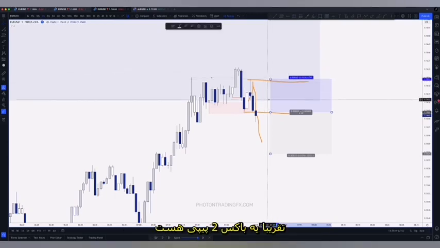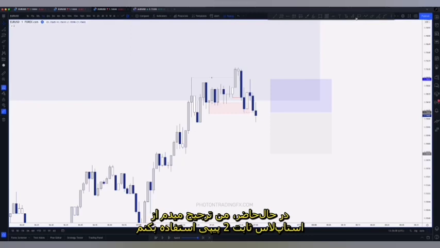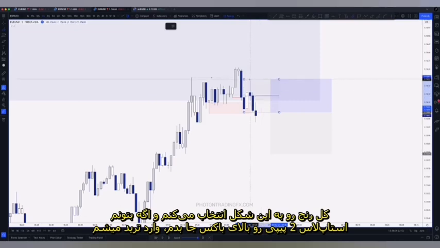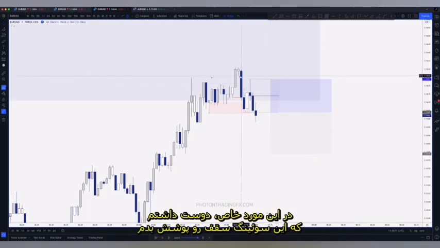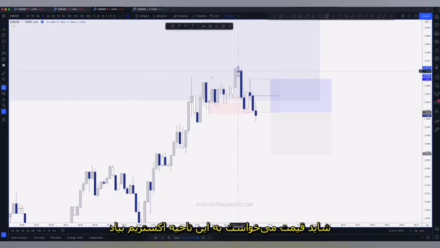Okay, it's about a 2-pip sized box, and that's more than valid, obviously, depending on what your trade plan is. For me, currently at the time of recording, I like to trade with a fixed 2-pip stop loss on euro dollar. And what I'll tend to do is take the whole range like that. And if I can get my 2-pip stop above the high protected, then I'll take that. Now, in this case, right, I wanted to cover this swing high because I wasn't sure, especially as it was unmitigated, if price would maybe come up to that extreme zone there,